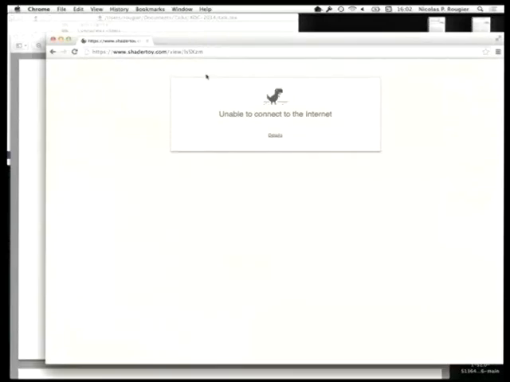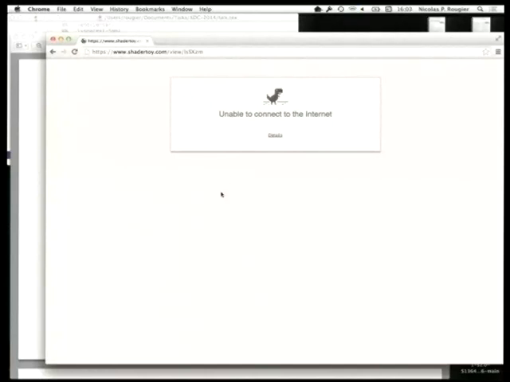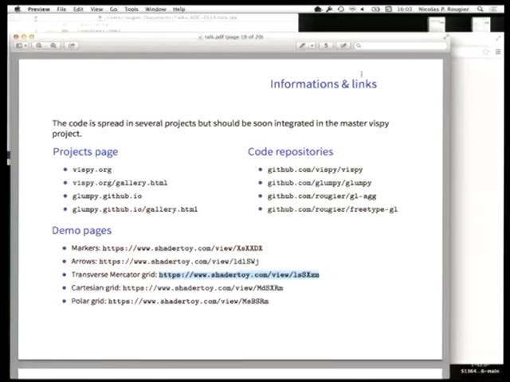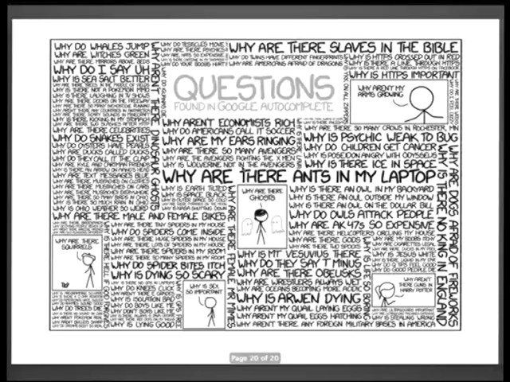And for the transformation, okay, I cannot connect. And this is it. So if you have any questions,